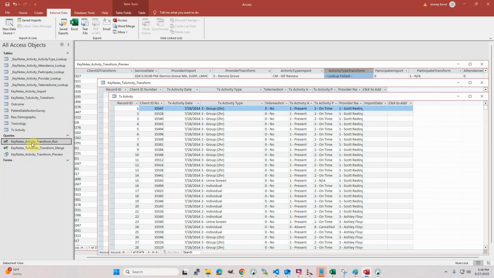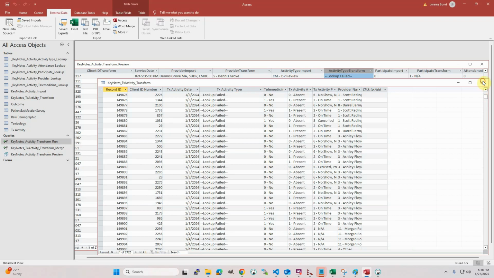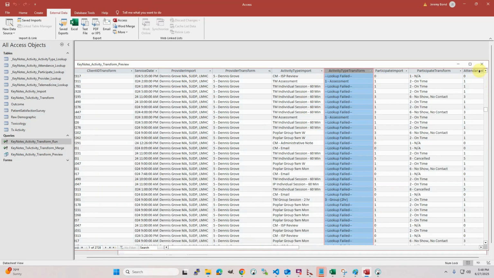So at this point, I'm not going to run that transform run. It'll merge it, and then I just got to go highlight 2,700 records and delete them. I don't want to have to do that. But now at this point, this will insert all that data into that last table, and it will merge with your research stuff. So let's assume then that we finished this first quarter of 2024, and now we're doing the